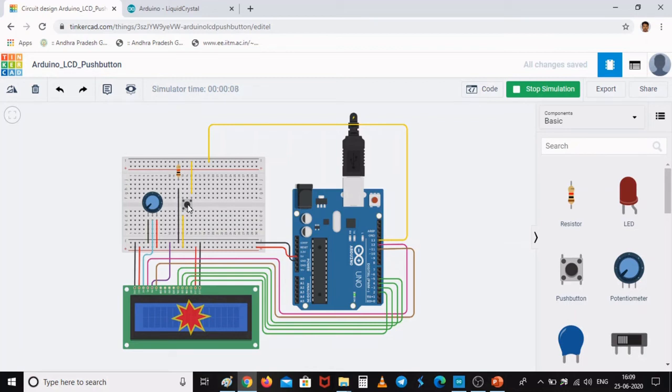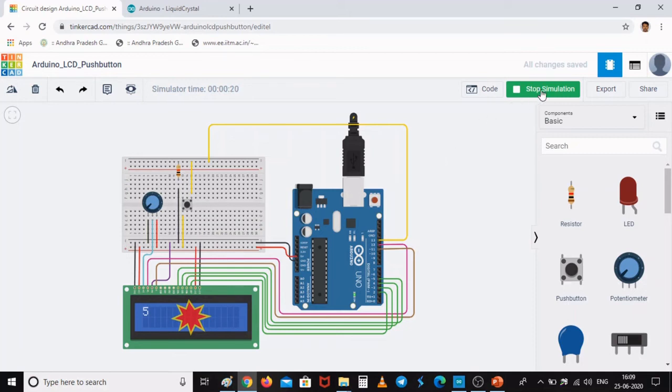And when is it made high? Only when my push button is pressed. When my push button is pressed, initially it is going to become 0, and when I press once again, it is going to become 1. Once again 2, 3, 4. So whenever I press the push button, the count is going to get incremented.